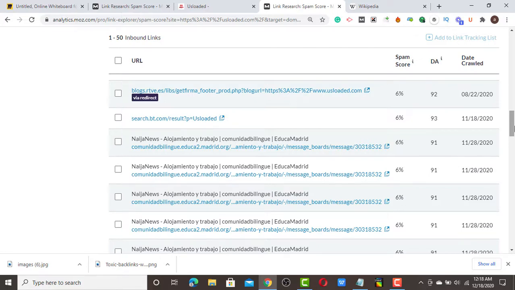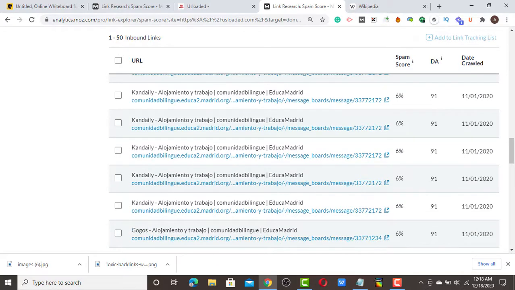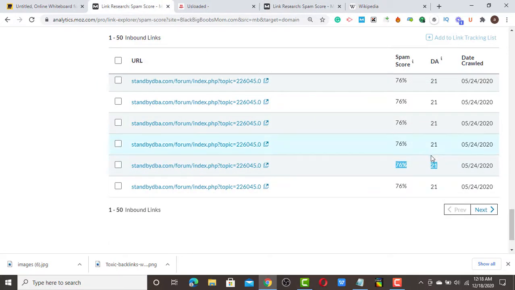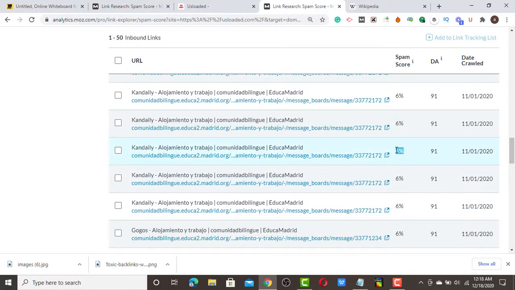Let's say for example your DA is 85 and you have a spam score of 40 something. The site is still valuable to link to your site. These are spam links. But when we are talking about toxic links, it is when the spam score is higher than the DA. You get my point now. When the spam score is higher than the DA, that is a toxic link. Some of them are software backlinks. But if you check very well here, the DA is higher than the spam score, so it's still going to pass link juice.